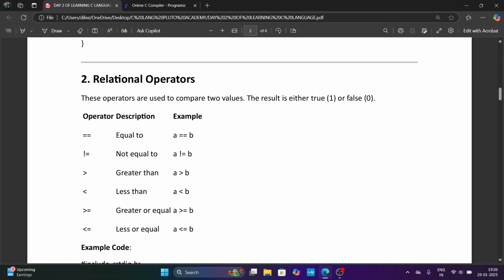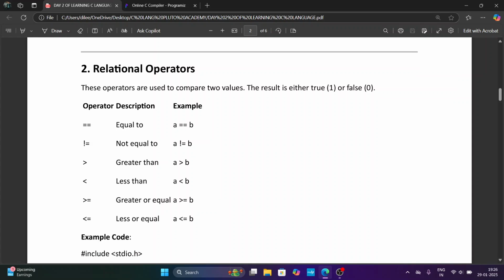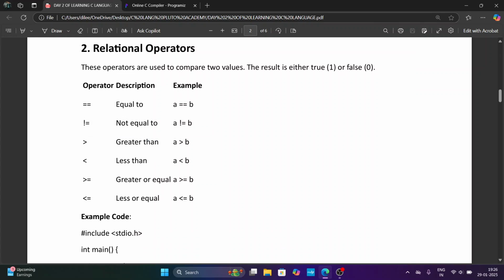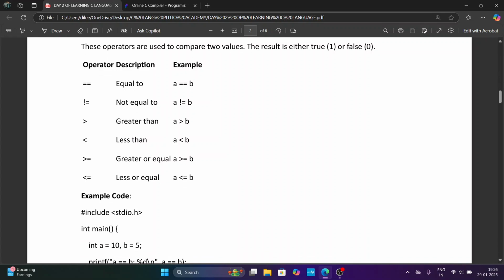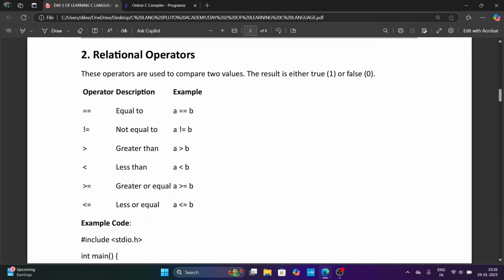In relational operators, we have equals to, to check whether the two variables are equal or not, not equals to, to check whether the two variables are not equal to each other, and then we have greater than, to check if one variable is greater than another or not, and then less than, to check if the first variable is less than the second variable. Likewise, the greater or equal relational operator, and the less or equal relational operator. We have these 6 relational operators. Okay,